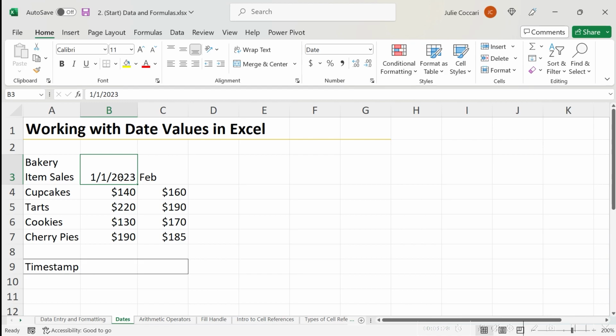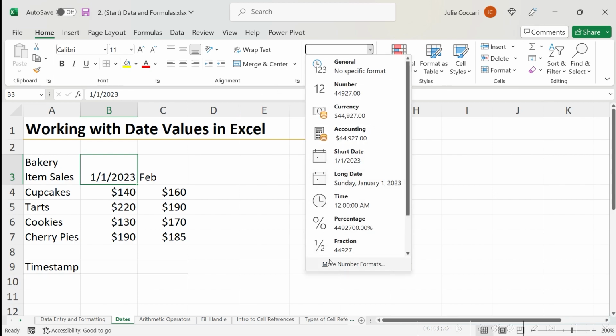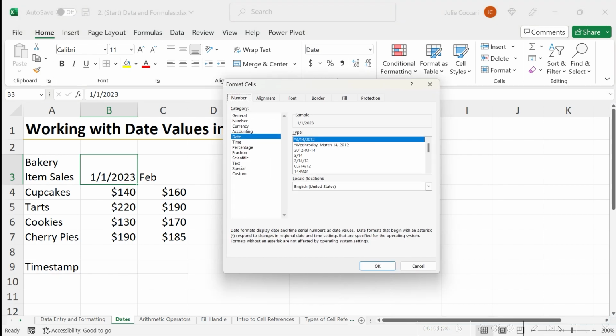If you want to tell which one you're using, you can go up to the Formatting drop-down selector, click More Number Formats, and in here, it will identify the locale, location of what date settings it's using. It says that mine is English, the United States, so I know that it's going to be formatted month, day, year. Before moving any farther with dates, I highly encourage you to check your own locale settings to prevent any